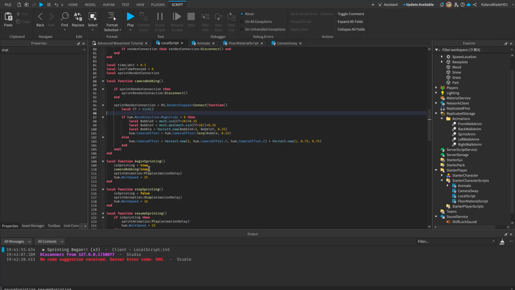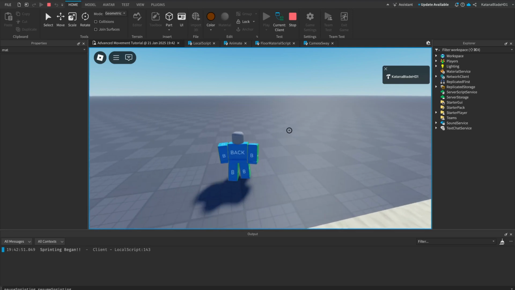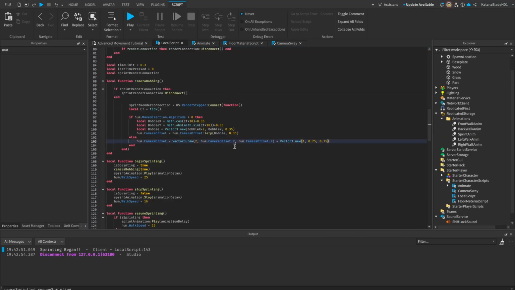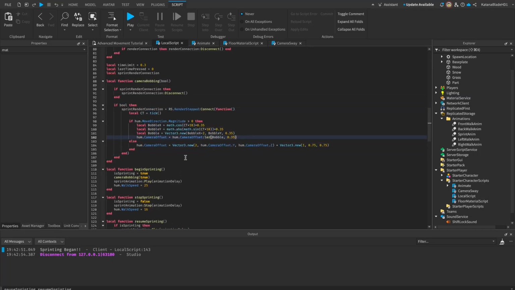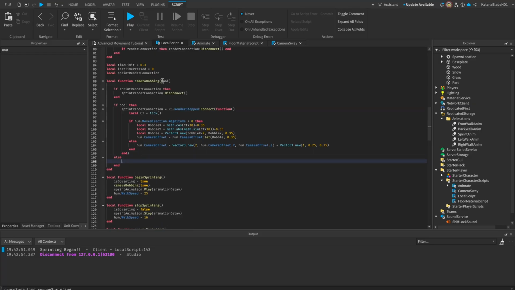Yeah, we don't really need a boolean value because each time we run the camera bobbing, it turns off any previous connection. Oh no, forget what I said. We do need a boolean value. Let's pass in an else value here. Else, if you pass in false, if this boolean value is false, then we're gonna